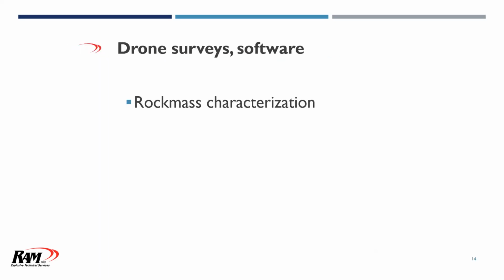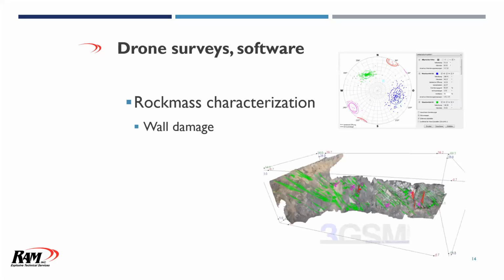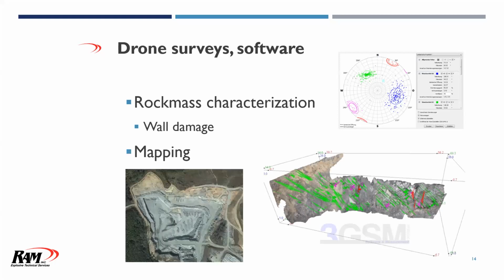Along with that is rock mass characterization. We can go in and characterize it: dip, strike, seams, bedding planes, things along those lines. We could also use it to assess wall damage to see if we're making improvements there, if we're making changes in the blast design. And along with that is just overall mapping. These softwares today have the capability that you could go in and fly the site, update that, and keep your mine mapping updated to the latest blast to capture that, to look at reserves and areas of